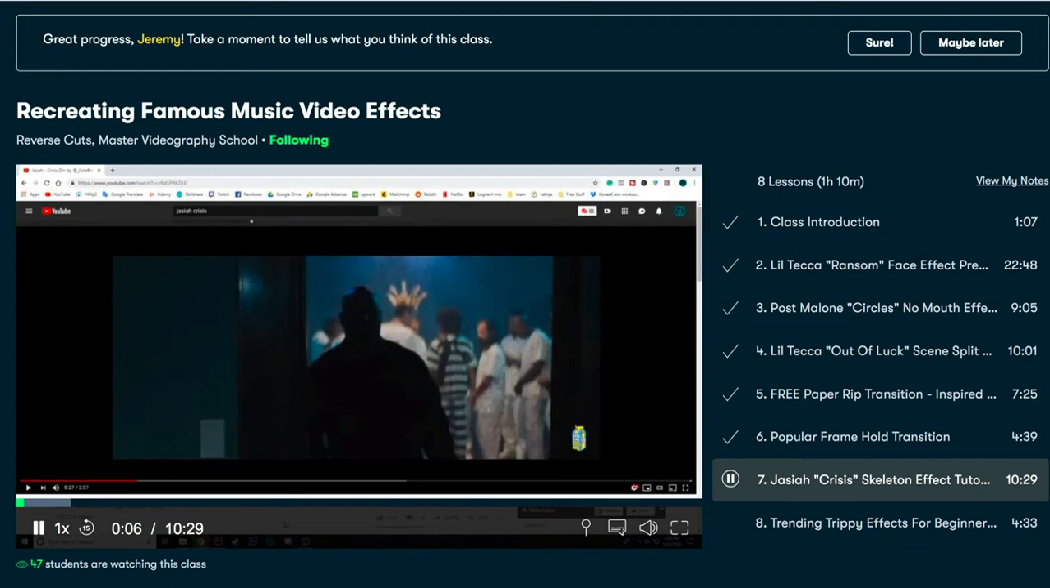Hello everyone, welcome back to a brand new tutorial from Reverse Cuts, and today I will show you how to create the skeleton effect. First of all, I want to address something. I'm not going to show you how to create this effect from point A to point B. Yes, I'm going to go in depth on this effect and show you exactly how to make it, but